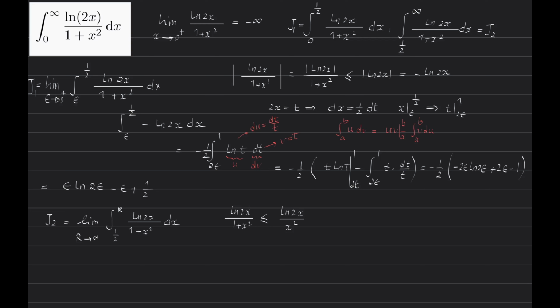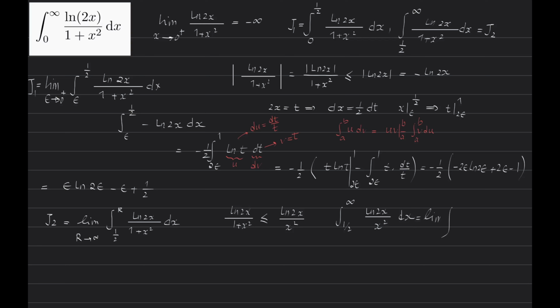And my claim is that the integral from 1 over 2 to infinity of ln of 2x over x squared dx is indeed convergent. Again, I can use inequalities to prove that this integral is convergent, but this is one of those cases where you can actually calculate the value of this integral. As an extra bonus for this video, let us calculate the value of this integral as well. The first thing we do is to write this as the limit